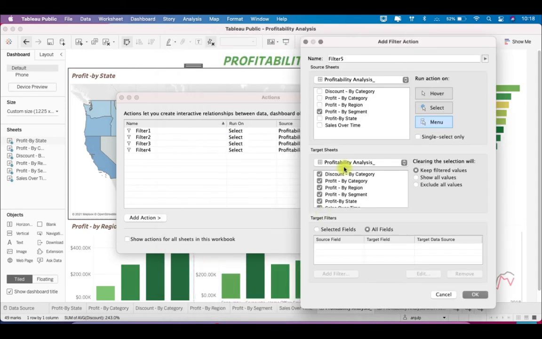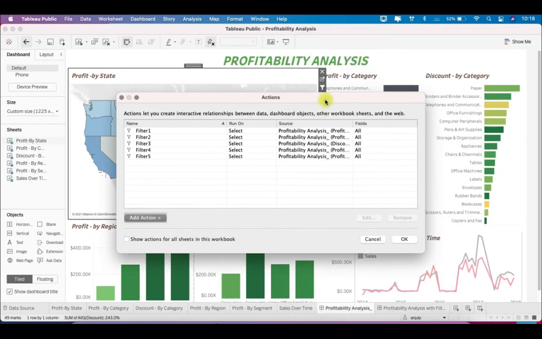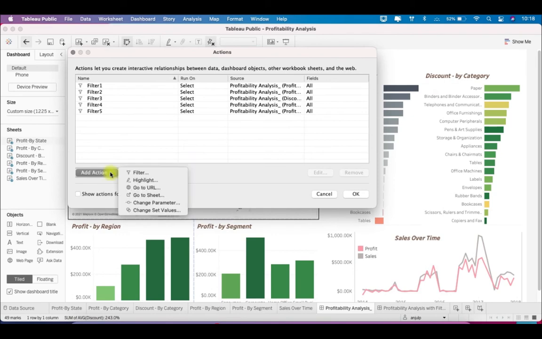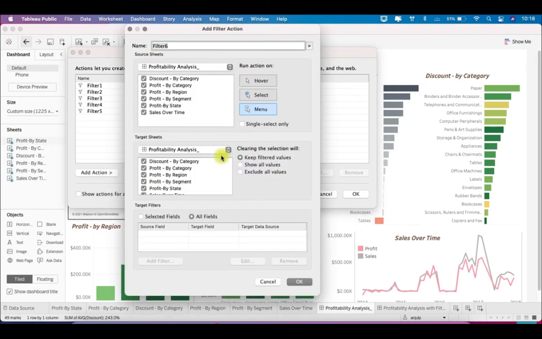Select all, select show all values, click OK. Now the last one is sales over time. Select show all values, click OK.